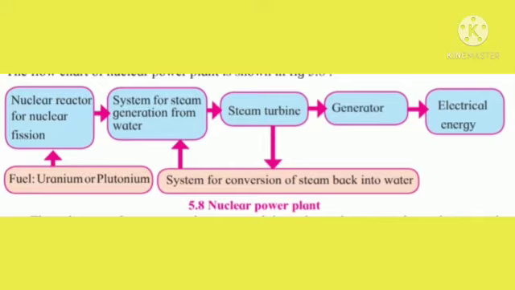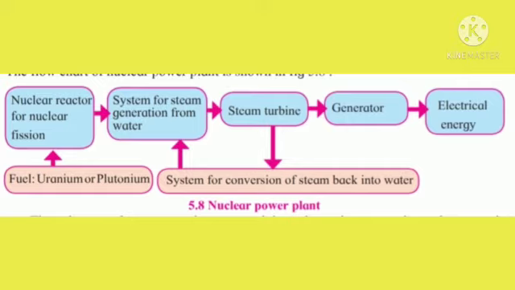In the power plant based on nuclear energy, a steam turbine is used to rotate the generator. However, here the energy released by fission of nuclei of the atom, for example uranium or plutonium, is used to generate steam of high temperature and high pressure. The energy in the steam rotates the turbine, which in turn drives the generator producing the electricity.